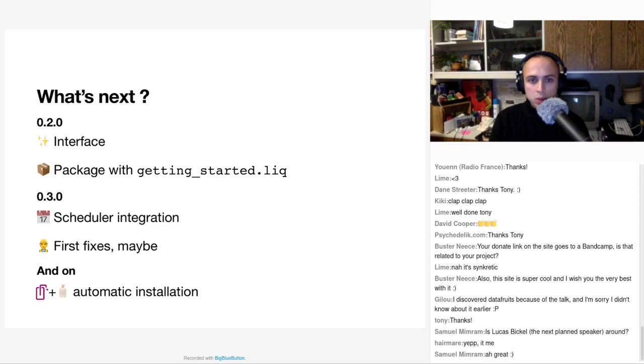Then we'll work on the scheduler integration, which will be basically making a web interface for the advanced Python scheduler, which does exactly what we need here. Maybe at this point, I will have some fixes to do. And on the more